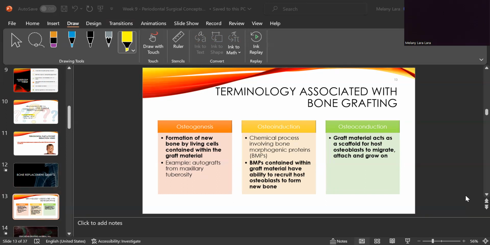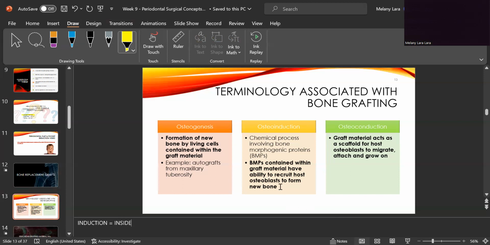Osteoinduction is more of a chemical process. Basically, our bone contains bone morphogenic proteins, or BMPs, and these BMPs have the ability to recruit cells to the area. They're not technically a living cell per se, but they do play a part in recruiting more cells to create bone in those areas. One way that I remember that is induction inside: how bone morphogenic proteins are inside the graft, causing the bone to